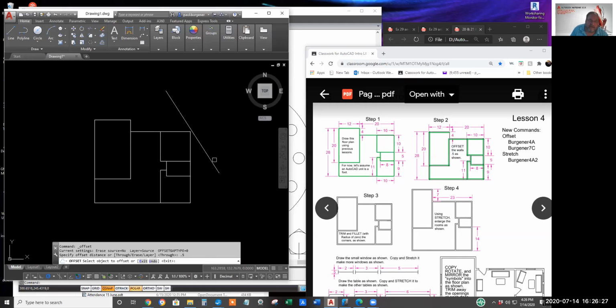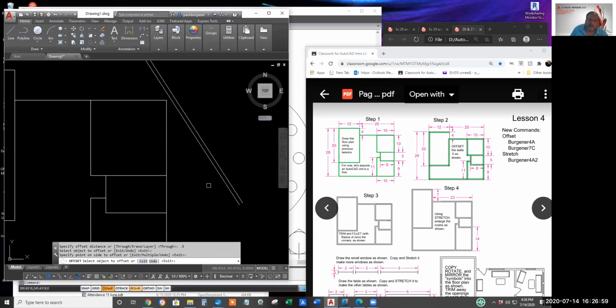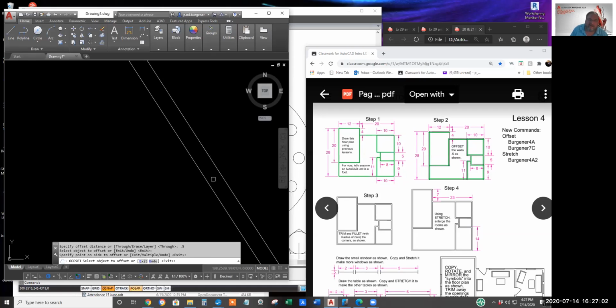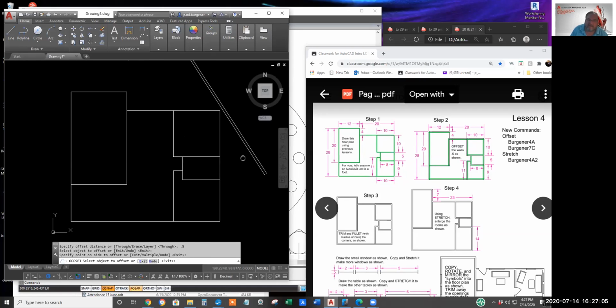Next step of the offset command is select the object that you want to offset or replicate. Last step is specify which side you want the copy to be placed. You only got two options, one side or the other. And some of you will pick differently than I do, so don't sweat the load. Click on the side you want the parallel copy to be. You got exactly a half a unit between the two parallel copies.